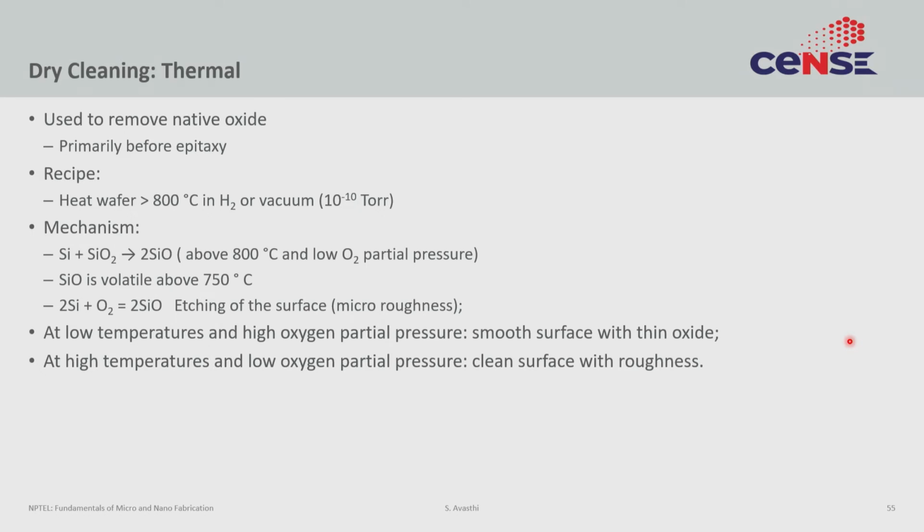Another dry cleaning method is thermal, where you take a silicon wafer and then you heat it to a point where the silicon oxide that has formed on the surface is unstable. So for this to happen, you need to heat the wafer up to 800 degrees C in a hydrogen ambient or at very low vacuum. As you can see, this is not very practical for most cases, because even if you do this inside a furnace, as soon as you take the wafer out and leave it, the hydrogen passivation might go away in some time, and you might get silicon dioxide on top again.